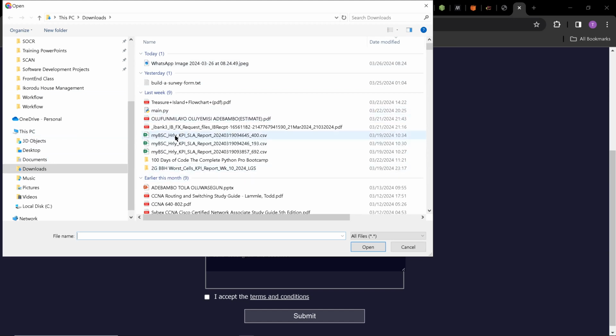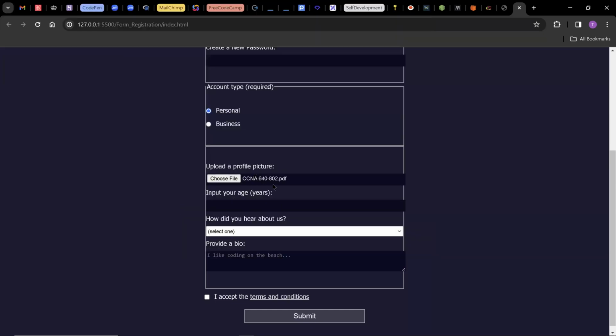Let me see this file, for example. I can just click on it. You will see that the file is already there. And the moment I click on submit, it will go right to the database. We are still going to come back to forms when we are treating database, because remember, the backend connects to the database. I won't want us to dive into it. But for you to create this input field,